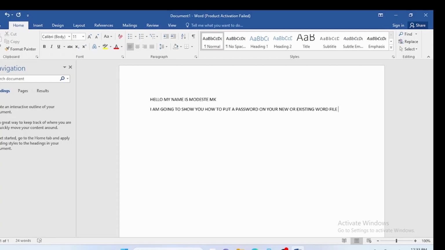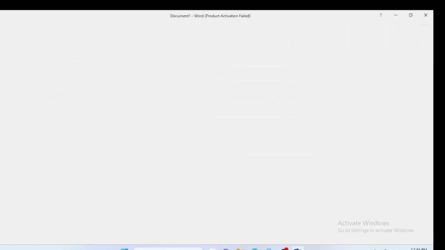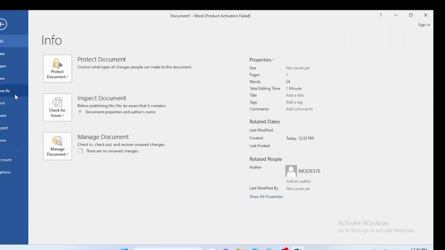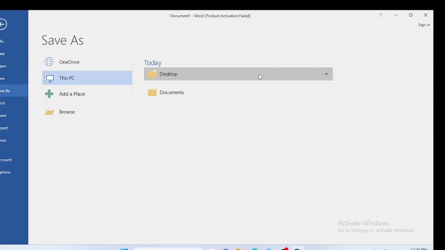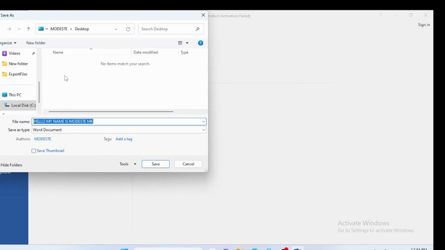Or a document. Okay, let me go to save, then save it as, let me save it on a desktop. After, let me choose desktop, then the file name, let me call it password 1. Okay, then what I have to do, I will not click on save without